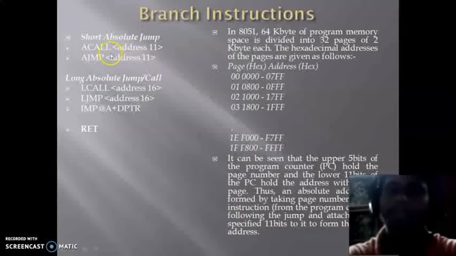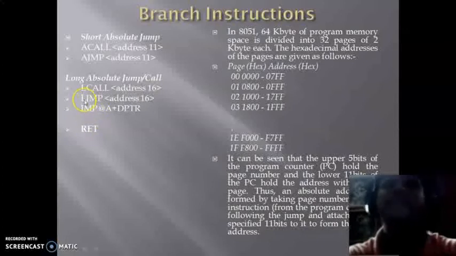Whenever we have to jump unconditionally to a particular address, we use AJMP, that is, absolute jump. And by using a 16-bit address, the long call and long jump can be performed. In the case of a long call, where the subroutine is written at a particular address, whenever we have to call the subroutine we use LCALL followed by the address, and the program sequence is transferred to that address. After performing the subroutine, it comes back to its previous position by using the return instruction.